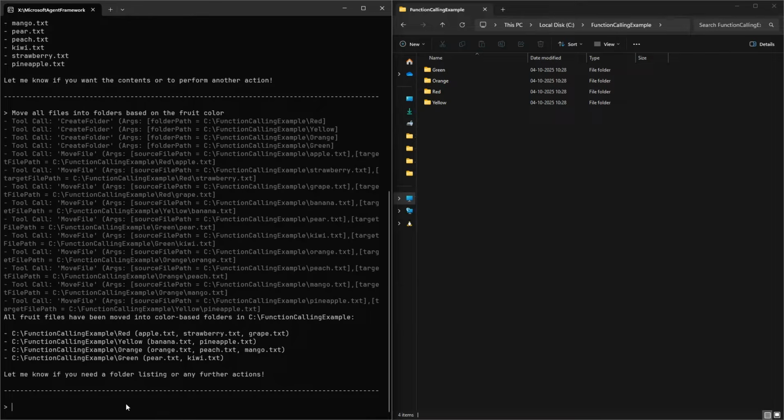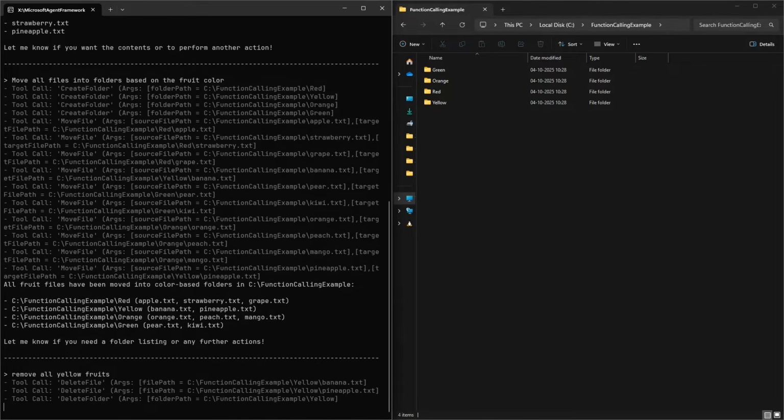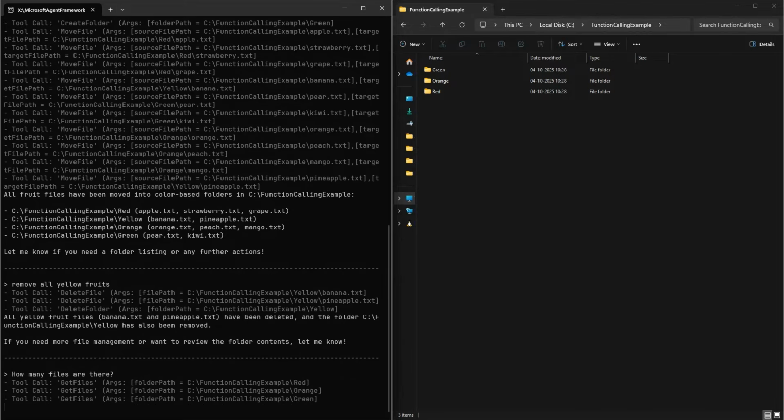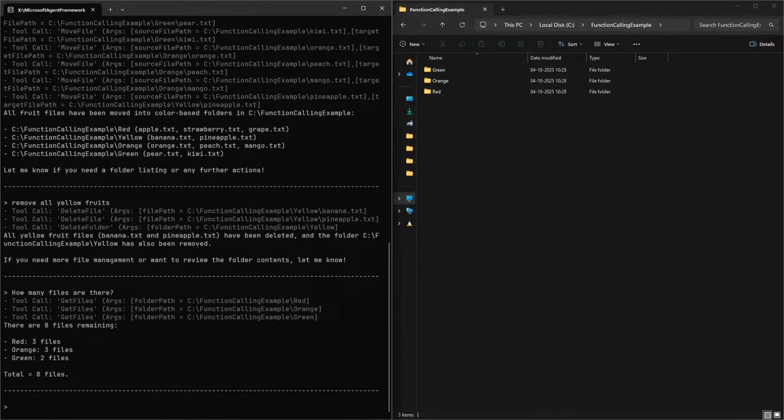So we could, for example, then say remove all yellow fruits. It now deleted the 2 yellow fruits, and it deleted the folder. And we can then finally ask how many files are there, and it should come back with 8 remaining, yeah, because we deleted 2 yellow fruits.